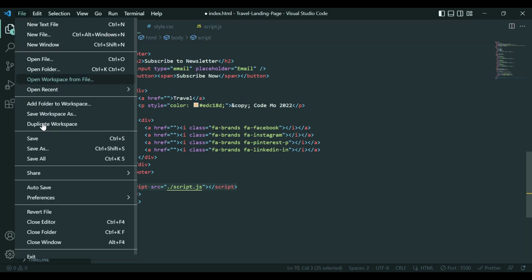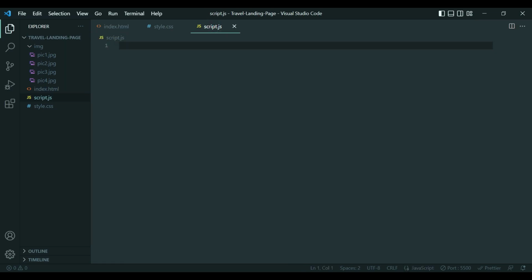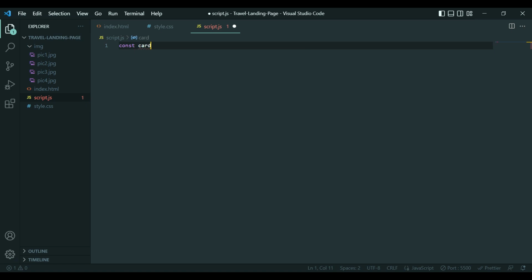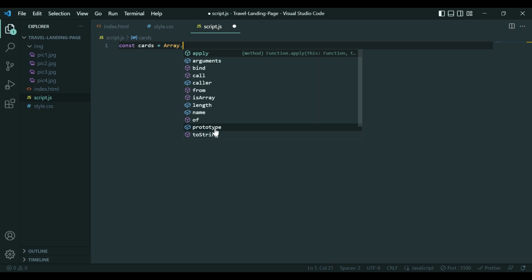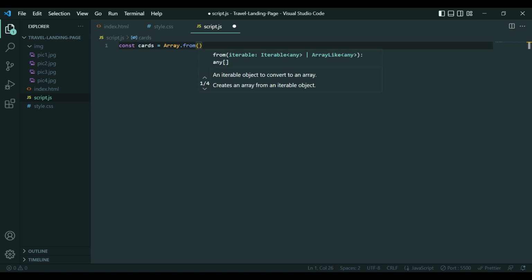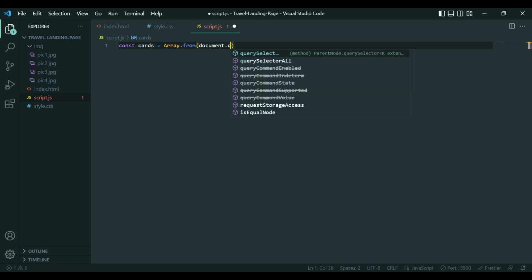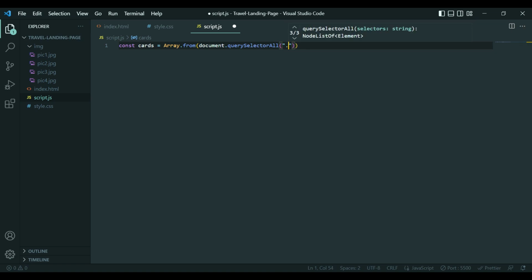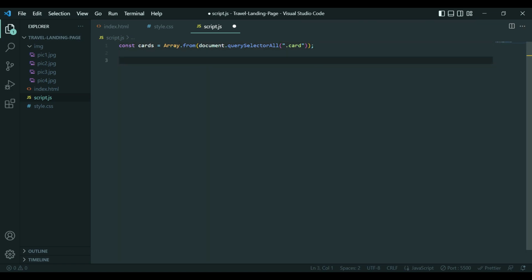Simply save this file. Now go back to your script.js, and here I'm going to create const cards. So for this one, you're only adding the JavaScript because of the cards, okay? So I'm going to say Array.from, open bracket, and I'm going to say document.querySelectorAll, and I'm going to add my class, which is .card. Make sure to close this, okay? So I'm going to say cards.forEach. I'm going to use forEach function,